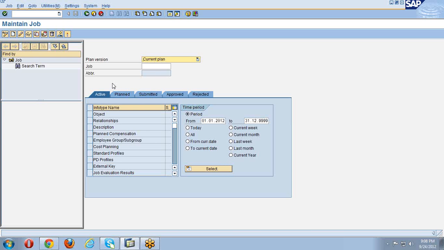Regarding the task, recruiting is a task for the HR manager, or running payroll for the employees is a task for the HR manager. So now I'm building up the jobs first. So I select an object, click on create,